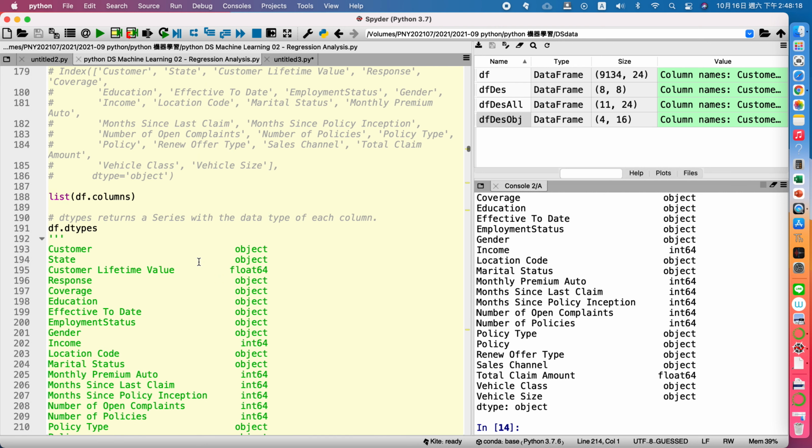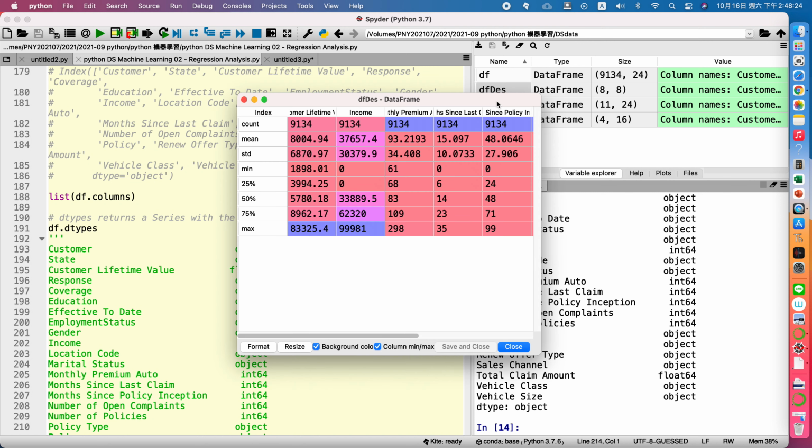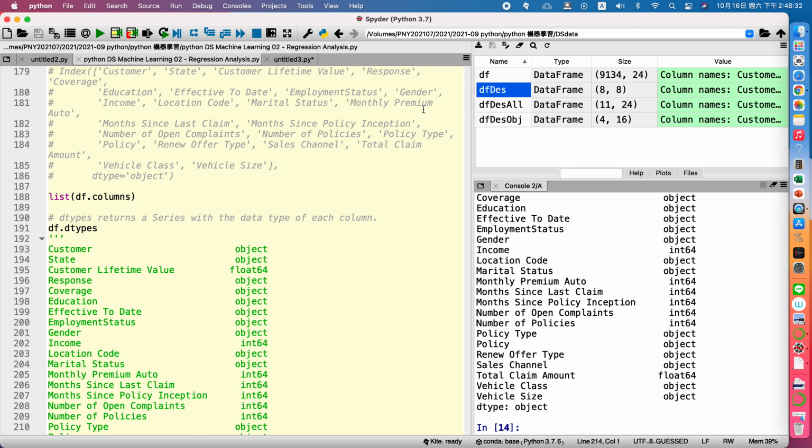Okay, it's time for you guys to import the data set and do this to find out the description, the describe for each variable, object variables and continuous variables. Okay, see you in the second